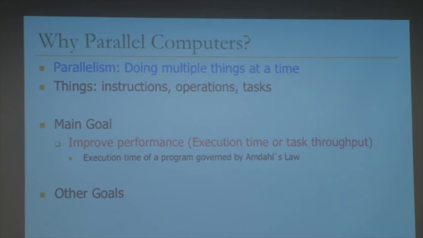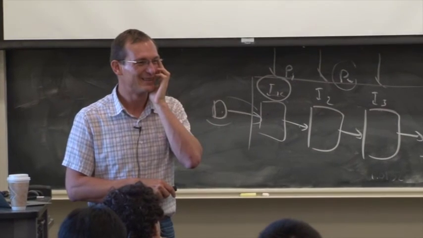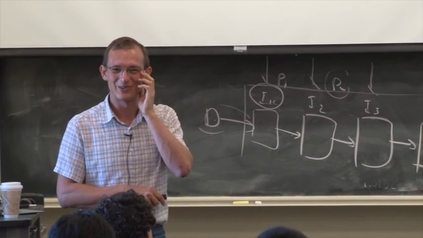But if you haven't read the paper, I'm not going to assign it. You should read that paper. Well, if you've taken 447 and 740, you already read it, hopefully. But there are other goals in designing a parallel computer. And you've seen the slide last semester if you've taken 447, so you can tell me what those are. What could be another goal?